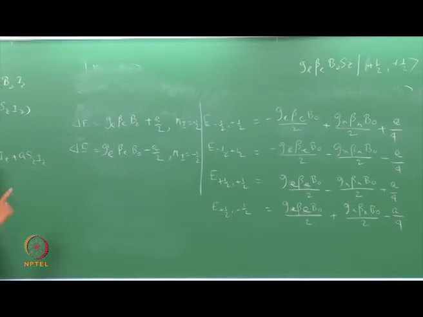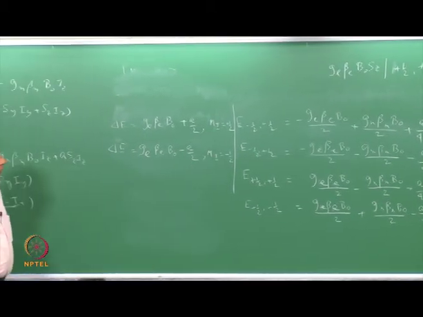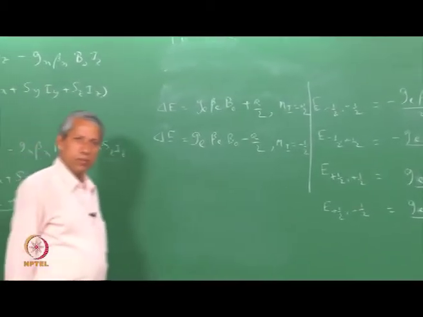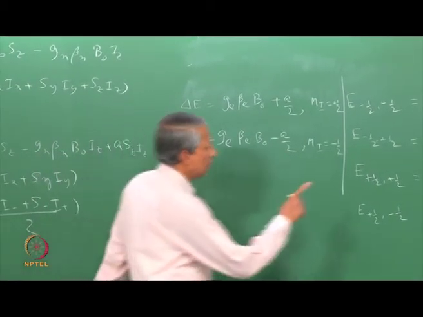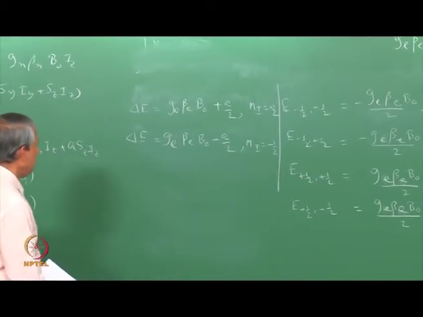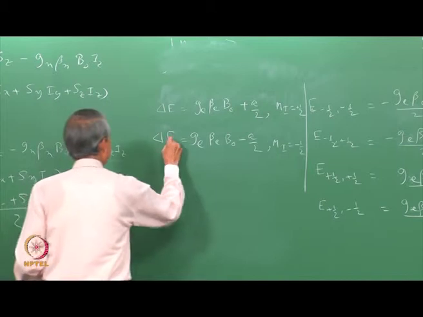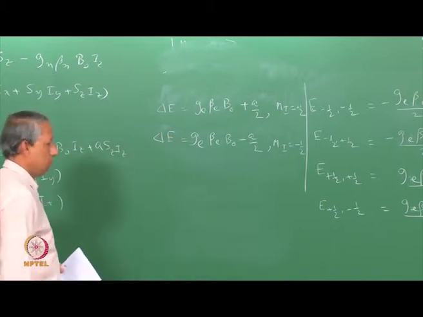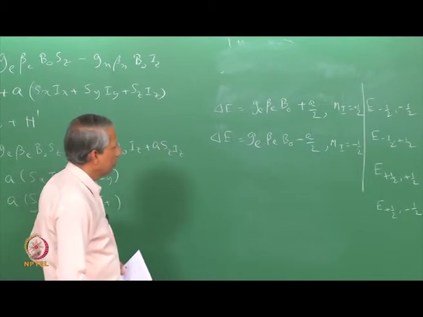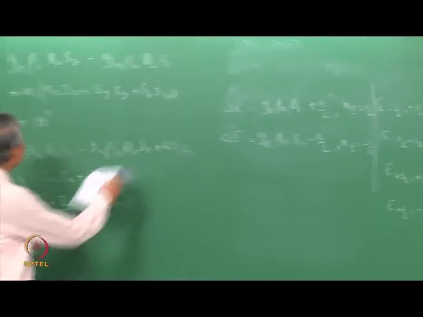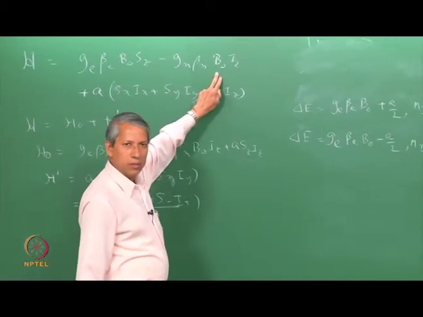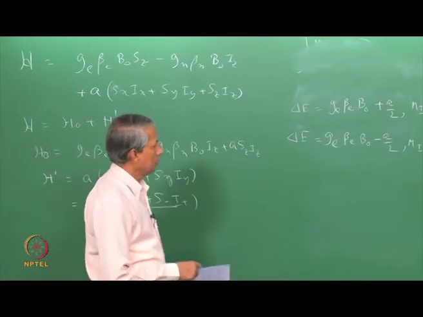And what is more, you see that the nuclear Zeeman term has disappeared completely from this. So, in this arrangement, it appears that we do not see any interaction of the nuclear Zeeman term. Now, if we do the experiment, let us say at a fixed magnetic field, then what do we see? In fact, the derivation here is based on a fixed magnetic field. B_0 is kept fixed here, so that does not change.